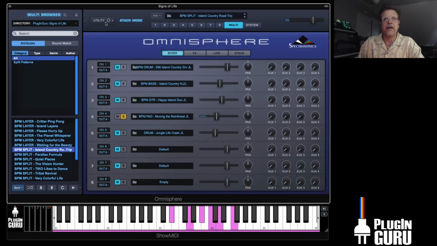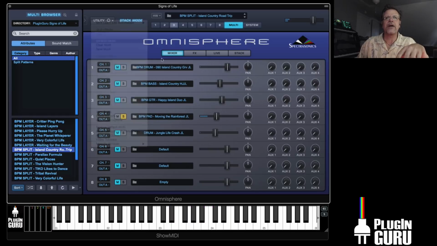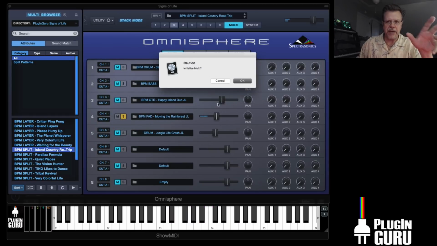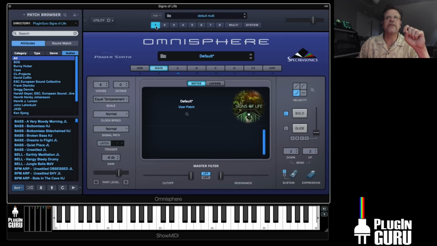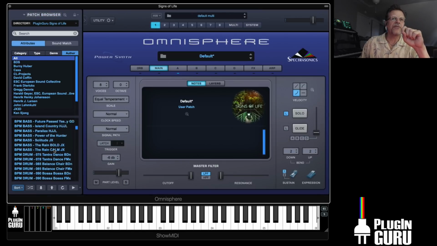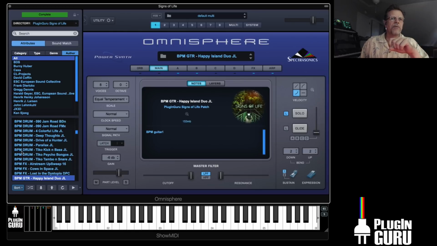Right? That's got the environmental stuff, and it's a pad, and it's got all that kind of cool stuff going on. But I wanted the guitar part to be pure. So it's over here in the patches, just as its own self. So BPM,